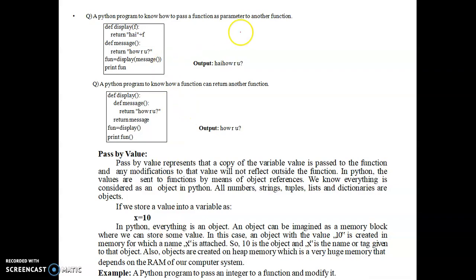Okay, next, we are passing a function as a parameter to another function. We can pass one function as a parameter to another function, like a variable.